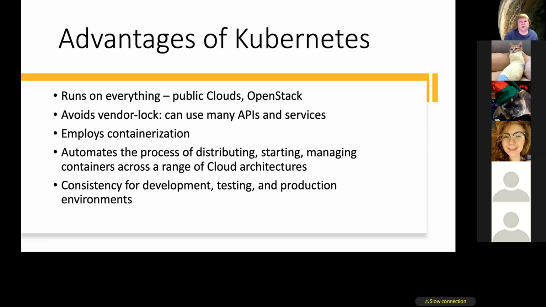That was harder, because it actually had to deal with whatever you were starting the containers on. So there was a lot more to know than there was to just starting up VMs. And there is a consistency that you can set up with Kubernetes, in that you can set it up so that your development, testing, and production environments are all done the same way. And so it's very easy to automate all of this so that you can go from development through testing to production very easily with your setup for how you are going to instantiate, distribute, and manage all of your